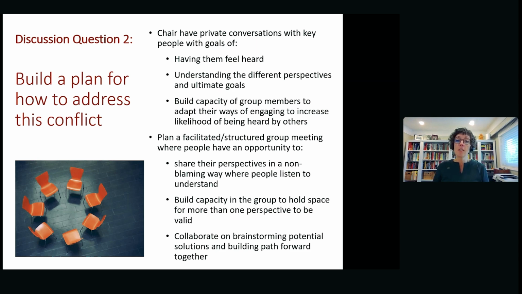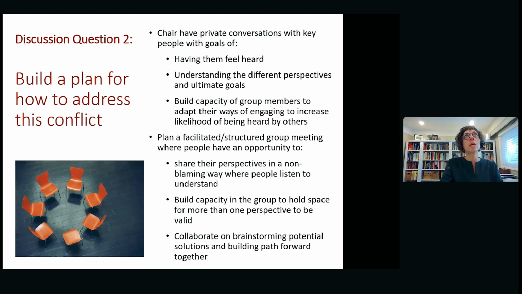The first thing that helps is if it's an association that has a more formal structure, it might have a chair. And if the chair can take on some leadership steps in terms of having some private conversations, that's helpful. In an association where it's more loose, where the relationship isn't formalized, where there isn't a chair, then it may be that someone might need to volunteer to take a bit of a leadership role in navigating this situation. And so my thinking is that this starts with private conversations with key people, with the goal of making sure people feel heard,